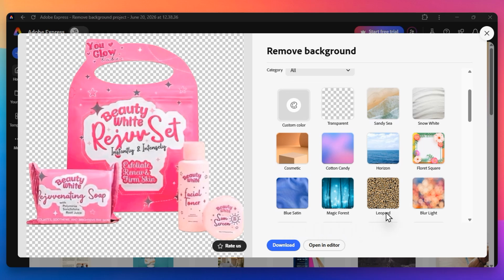This allows you to place your subject on a new background, add text, or use other design elements to make your photo stand out. It is a seamless way to create professional graphics without any of the traditional hassle of manual mask